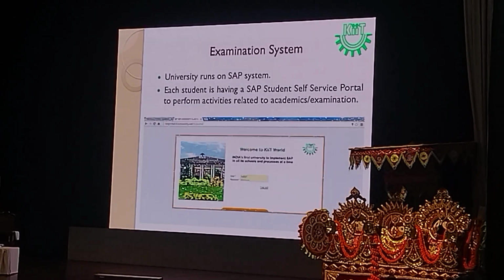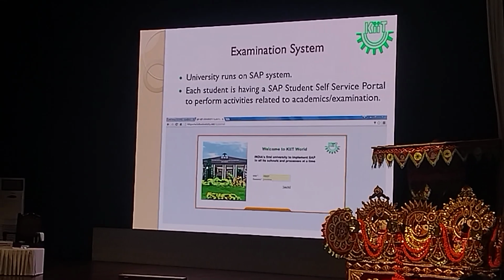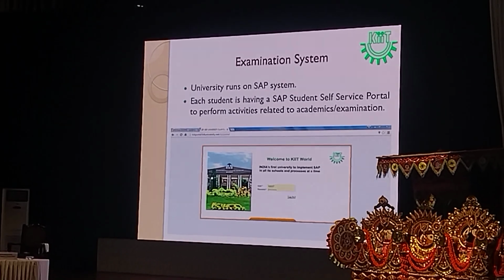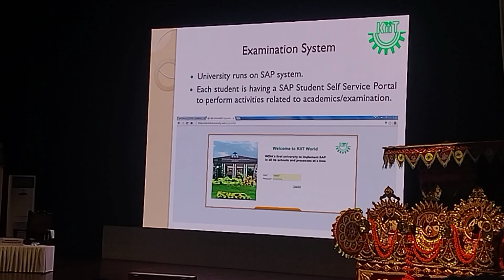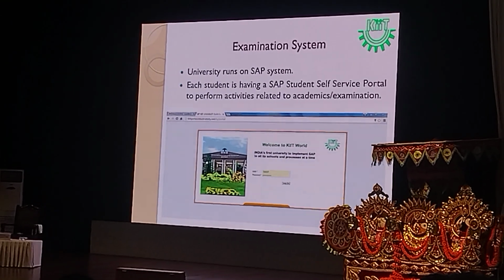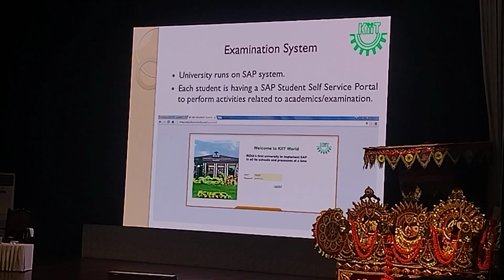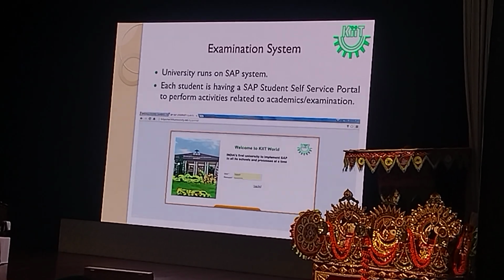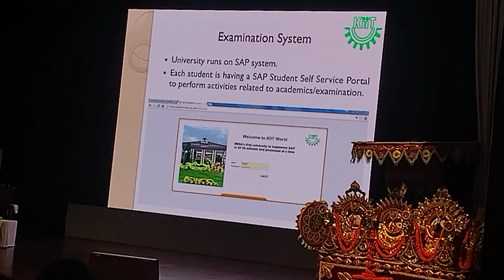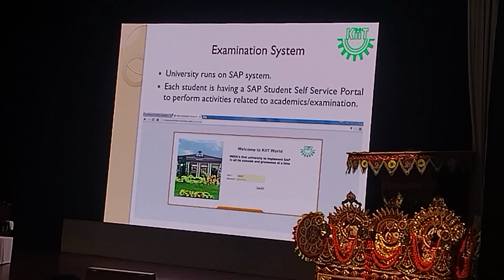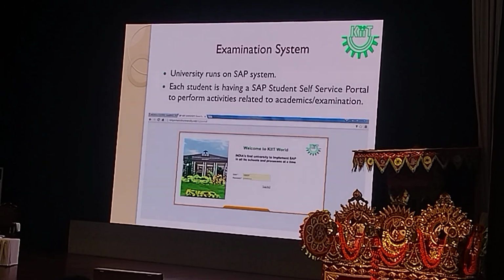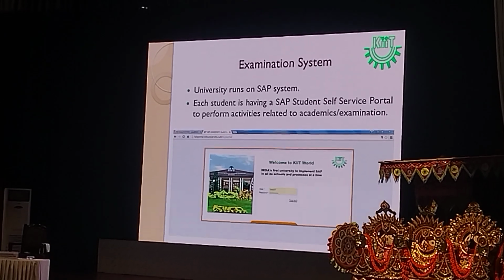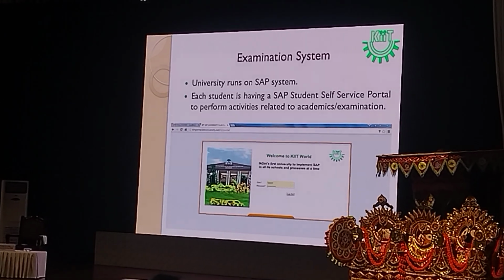And here all the exam related activities are automated through the SAP system. SAP system, probably you know, is one of the most renowned ERP systems in the world, and in fact our university was the first university in the country to implement this SAP ERP system in its totality. And in fact the examination system was the first system from where the SAP system at KIIT went live. So every student will get a user ID. The user ID is the roll number. An initial password will be given to you.